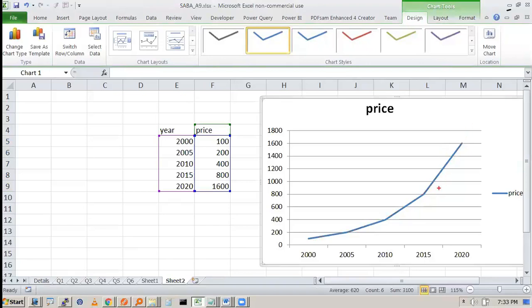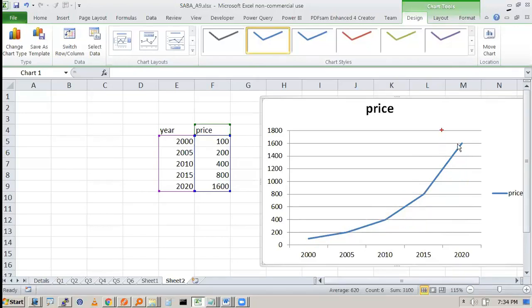Now what you are seeing is that the prices are increasing like this. Some people will think, oh, there is a huge increase from 2015 to 2020. From 800 it has become 1600. Yes, in terms of money it is a huge increase, but it is following the same pattern. It is doubling every 5 years, which is not coming across in this chart. In this chart it will look like there is a disproportionate increase happening in the later part of the years, which happens with compounding.